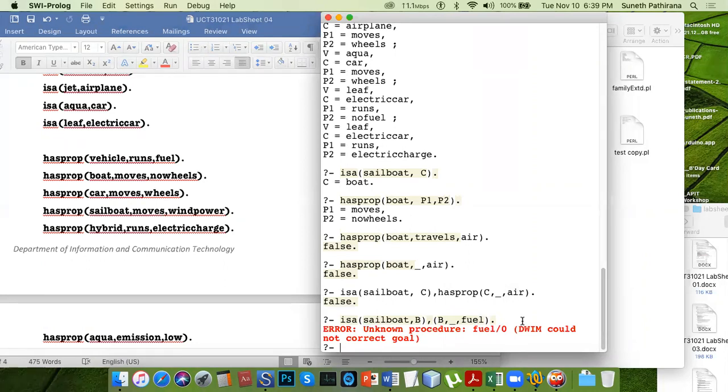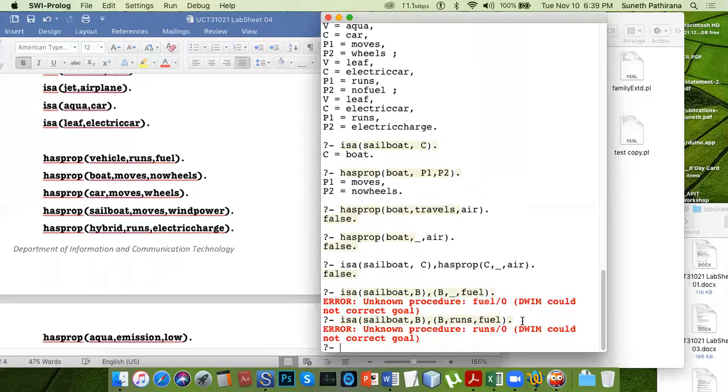Unknown procedure. Sailboat. I think we have made a typing mistake here.